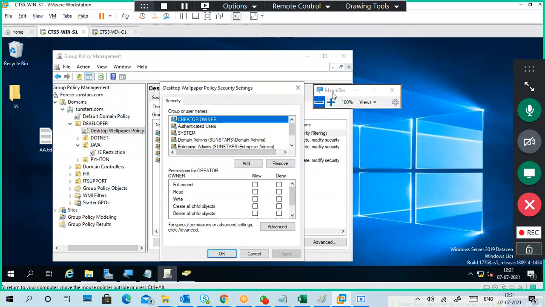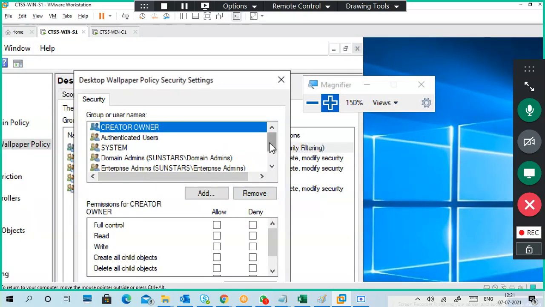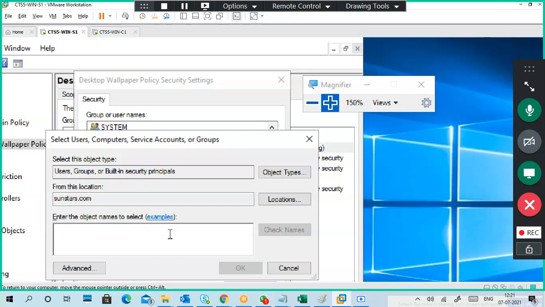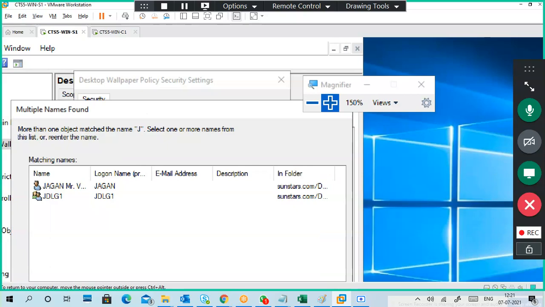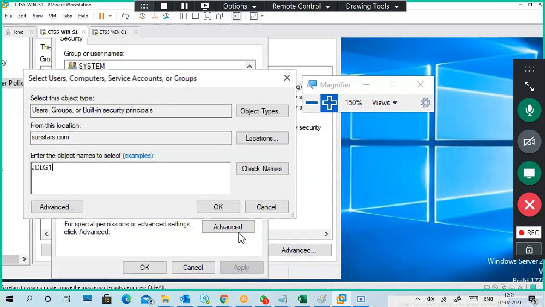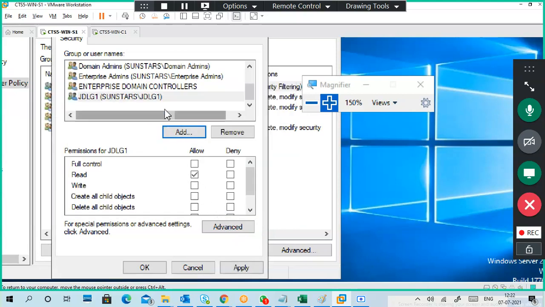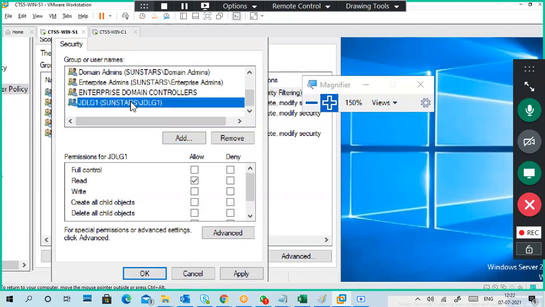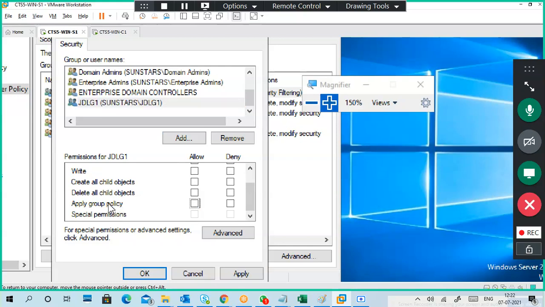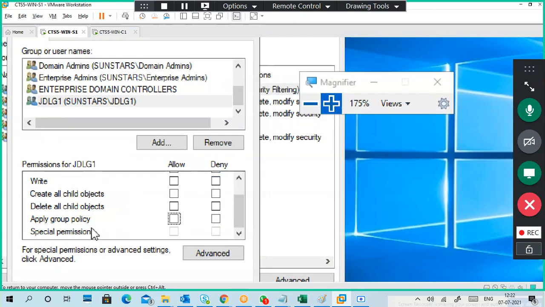Some security is showing here, right? So I'm adding a particular group or a particular user also, you can put it. I put J, check names, JDLG1, click OK, OK. Click on this JDLG1, scroll down, you can see apply group policy.